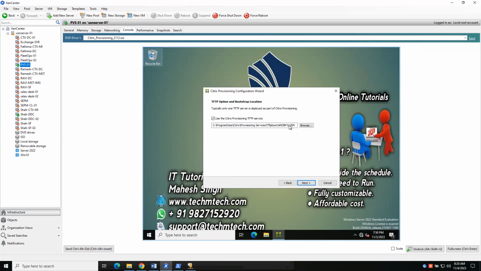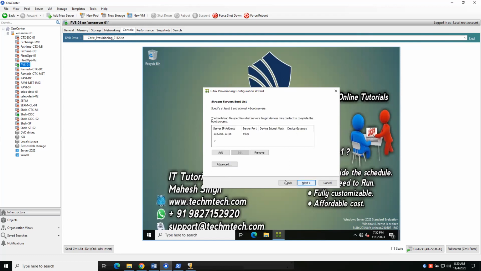So these kinds of information will be stored in that ARDBP32.bin file. This comes from option 67, right? From the DHCP scope. Yes. Okay. Click on next